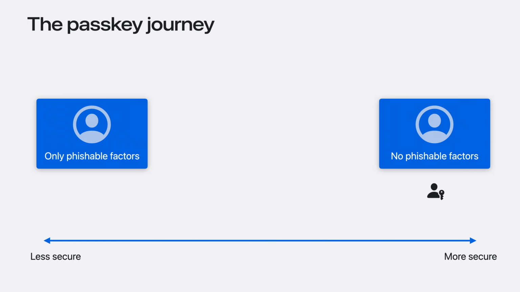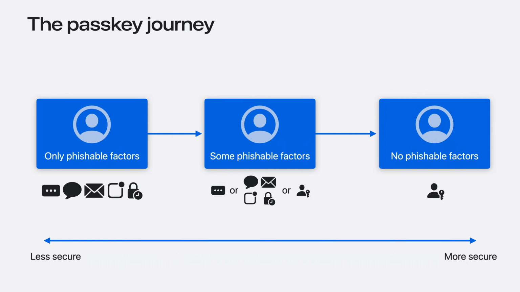And by having just a passkey, the account isn't vulnerable to phishing as we know it today. But almost all existing accounts only use phishable factors, like passwords, SMS, email, push notifications, and time-based codes. Combining multiple of these factors helps, but they all still share the same fundamental vulnerability to phishing. Right now, the industry has begun a transition period where it's moving away from phishable sign-in to unphishable authentication mechanisms such as passkeys. The first step in this journey for existing accounts is to add an unphishable sign-in method as an alternative way to sign in.